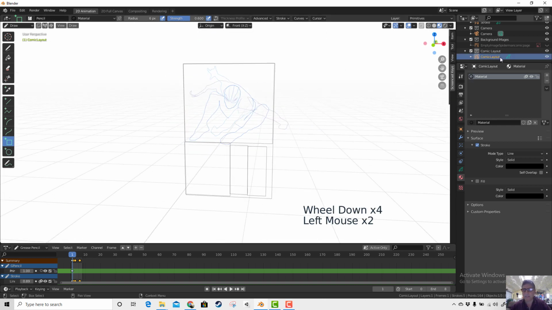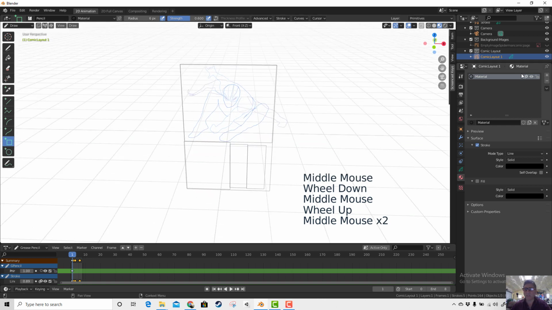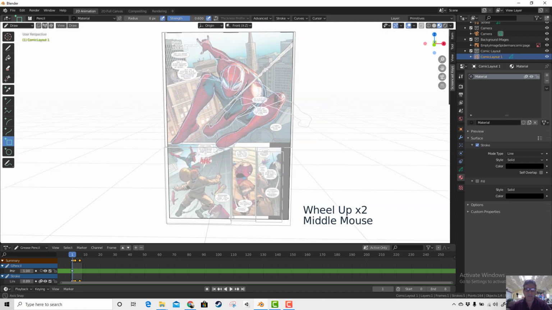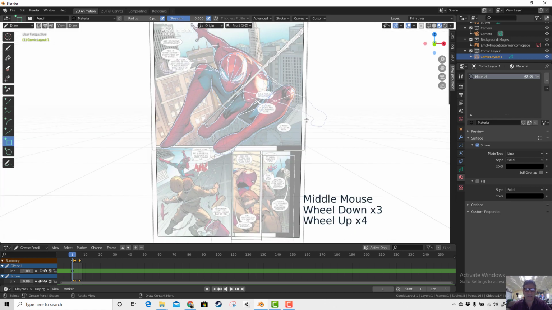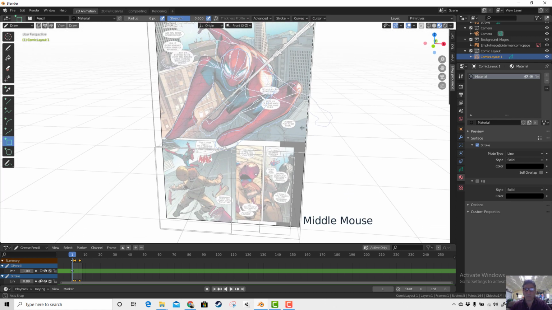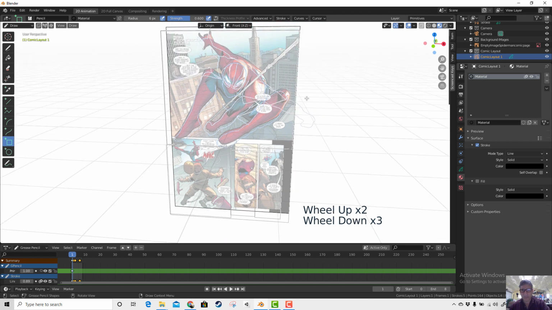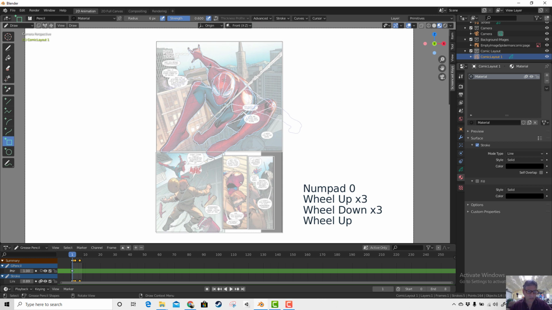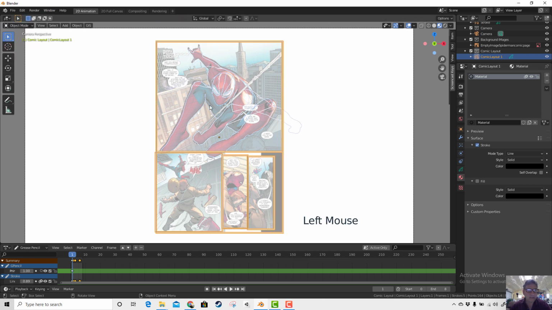Because if I call this comic layout 1 and I have a list of them, I can take many different comic panels from many different comic books and get the kind of layout that I want to work with for various effects. But I would be working then within that frame. And of course, it would then allow me, if I go to here, to take my character of Spider-Man, who is in a different layer,